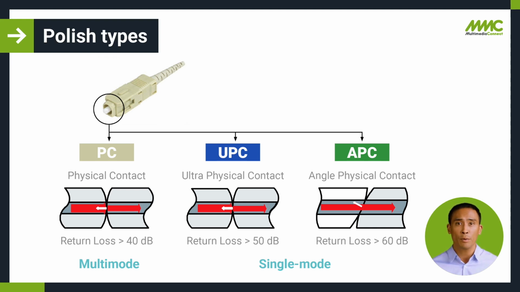For single-mode fiber, we have two types of polish. The UPC, ultra-physical connector, has a ferrule tip alike the convex form for PC, but its curve is more accentuated and will reduce the return loss within a range below 50 decibel. The APC or angled physical contact also has a polished ferrule tip and a convex shape but will be inclined at 8 degrees to enable significant improvement of the return loss to a level of -60 decibel. This allows the use of a more powerful optical source and hence its use on FTTH networks.